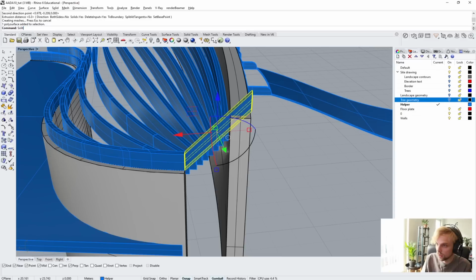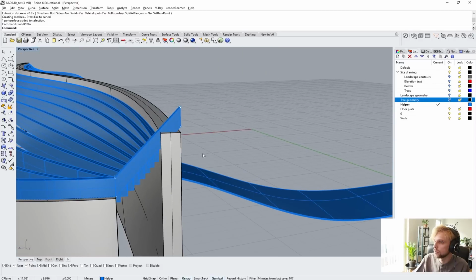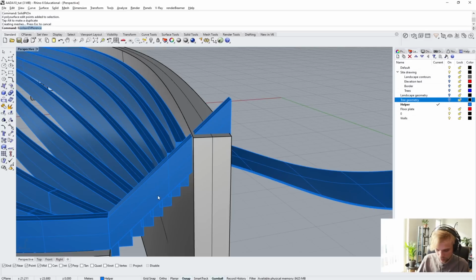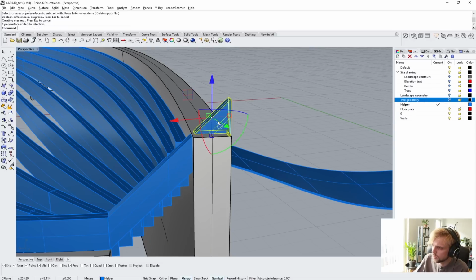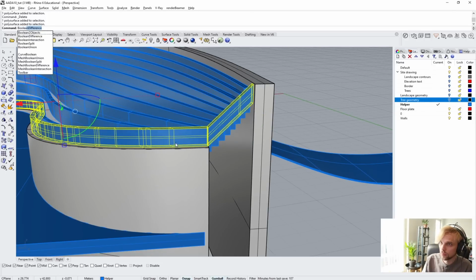So I'll use solid PT on because this is not a surface and not a curve, but rather a poly surface. So only solid PT on will work. And I will move it down so that it intersects properly. And then I can use Boolean difference to cut away from the poly surface with this poly surface, delete the top. Right, so now I have these two mullions, which I can use Boolean union to merge,